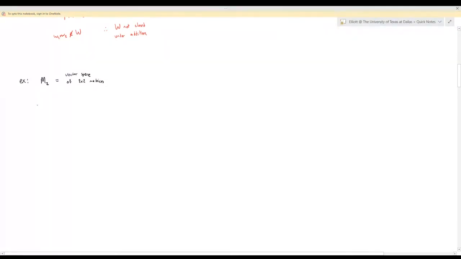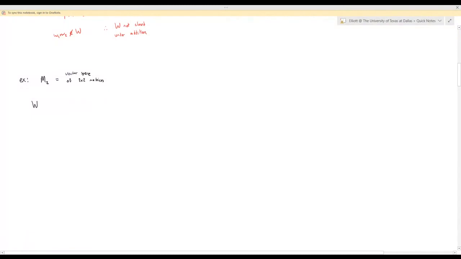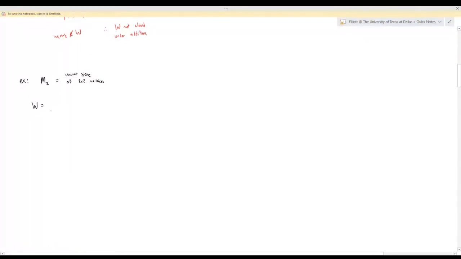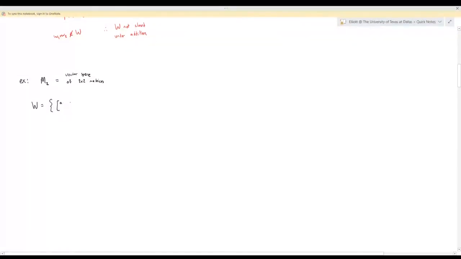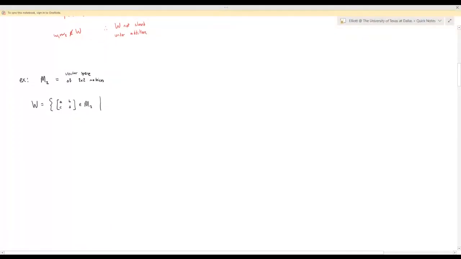And then I'm going to single out a certain subset of M2. So let's say that W is going to be the set of all matrices A, B, C, D in M2 such that